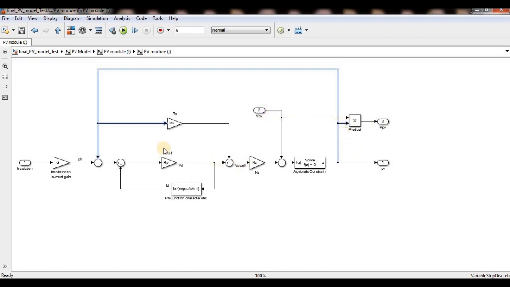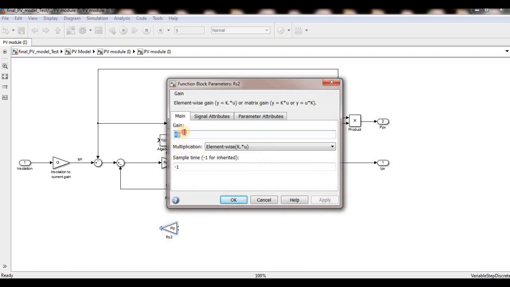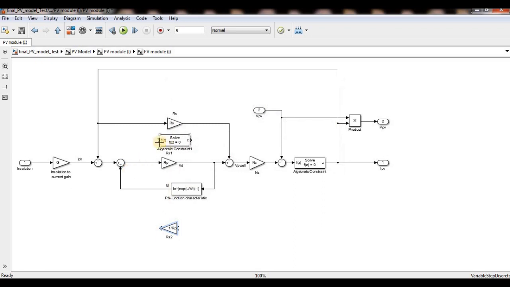Okay, this is one type of modeling. Another modeling also I can do. A simple thing is that here also I can get like this, 1 by RPV.